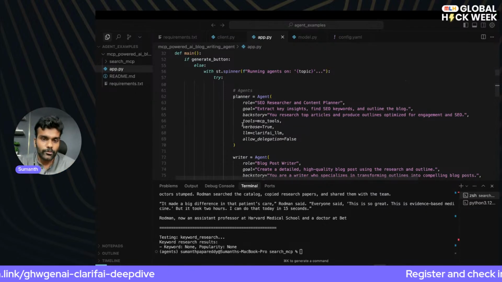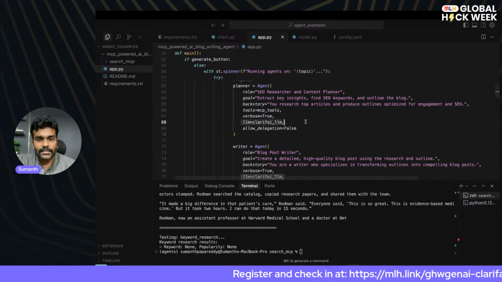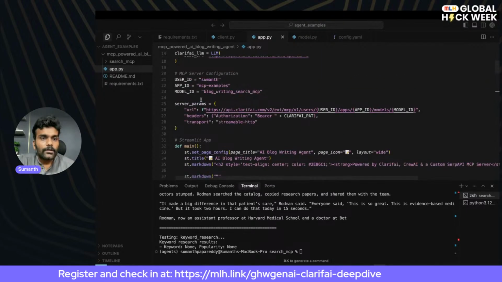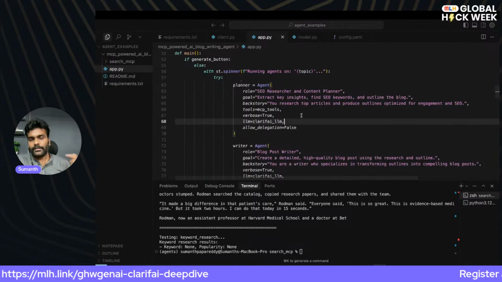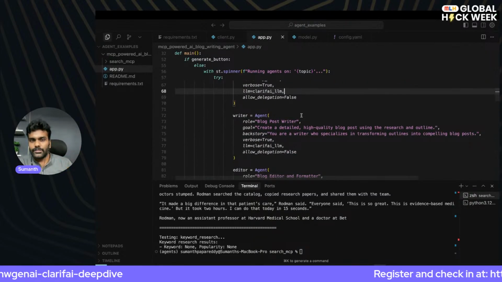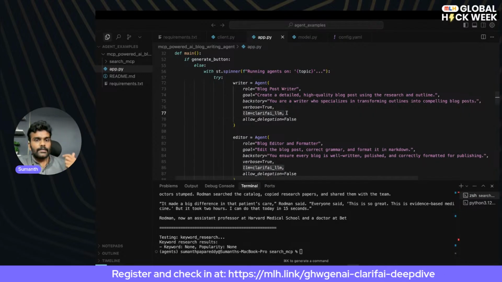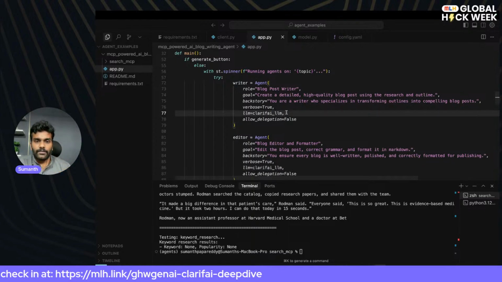So that's what, right? You need to specify these tools which we are getting from the MCP server. And then I'm just initializing the Clarifai LLM, which we have initialized above. So yeah, that's how I defined my planner agent. Similarly, I'm defining my writer agent, defining the role, goal, and backstory for this agent as well. And similarly, I'm passing the Clarifai LLM for this specific agent as well,